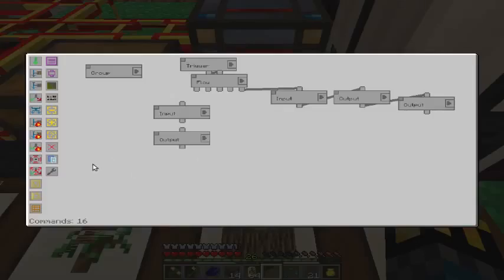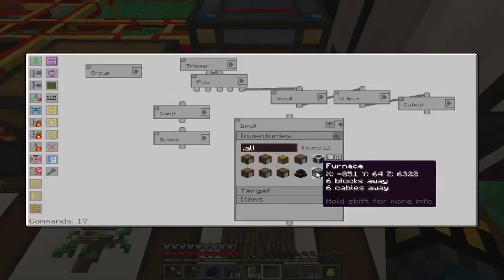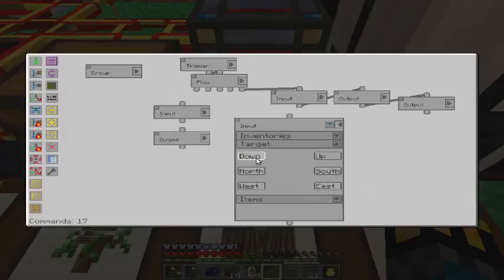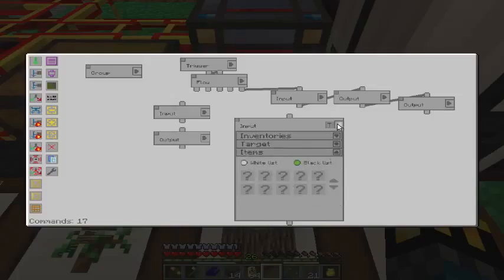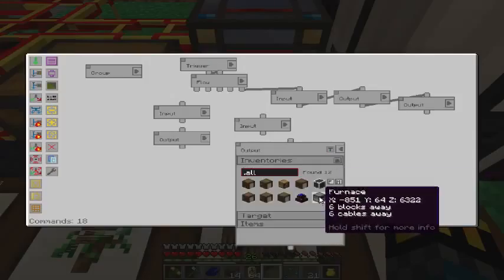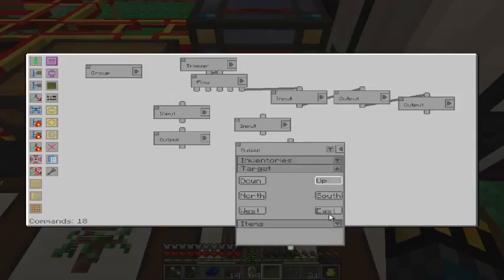So now we need another input that is going to grab from the furnace, and it is going to grab from the bottom of the furnace. Very good. And empty blacklist for items is okay. And now we're going to need an output, and we are going to output right back into this furnace, and the target is going to be any side that is not the top or bottom, is the fuel side for the furnace. So insert